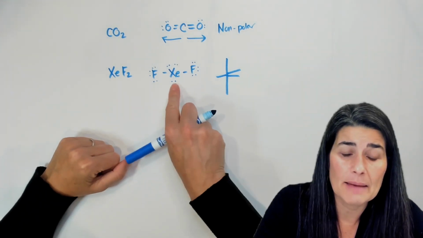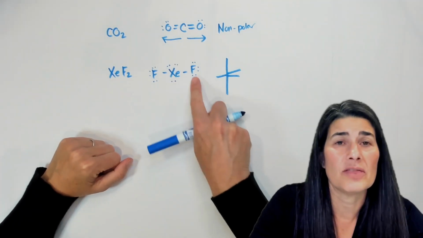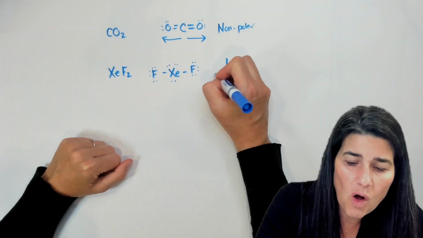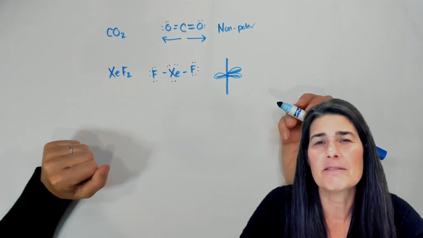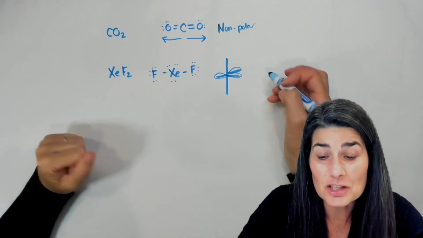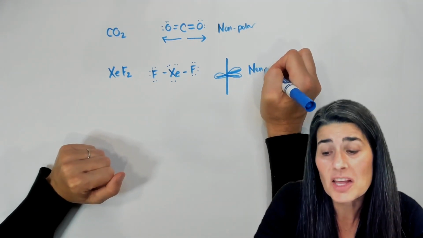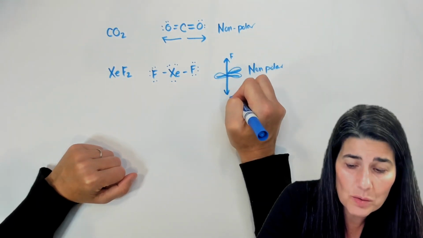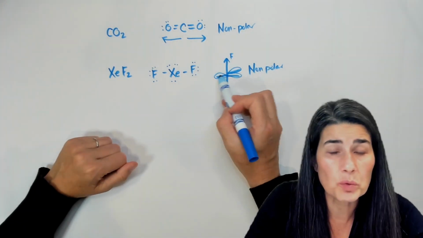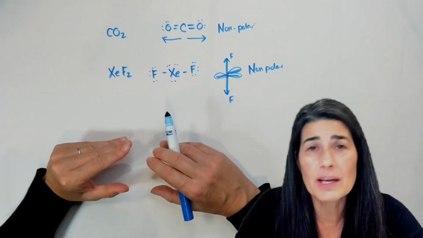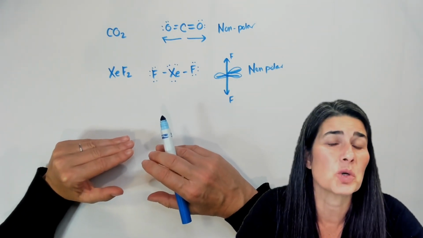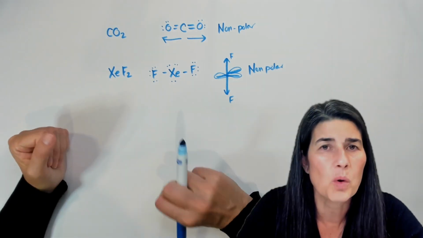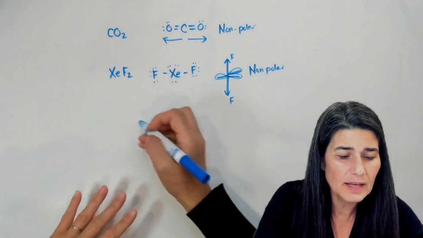I'm going to go ahead and put my lone pairs on the roomy equatorial middle. So I ghost out all 3 in the middle. This gives me the symmetry that I need to call it non-polar. My top fluorine will cancel out with my bottom fluorine. The 3 lone pairs, all at 120 degrees, have a symmetry that will cancel out. No one wins the tug of war, non-polar overall. Now, what about